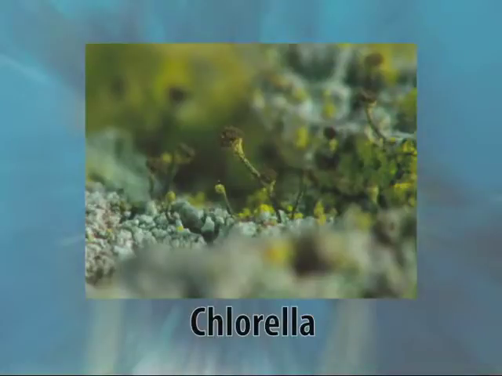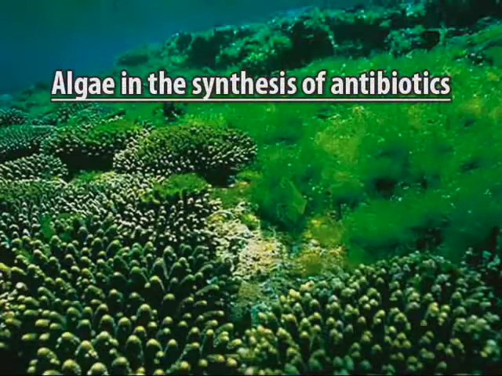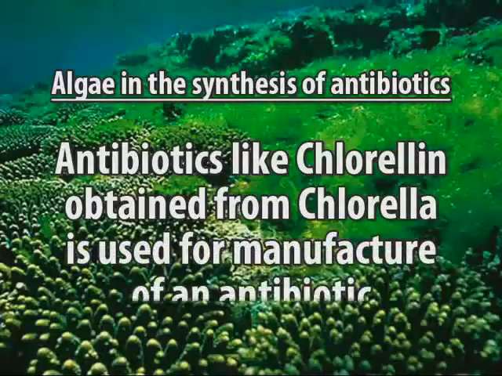There are certain antibiotics like chlorellin, obtained from an alga known as Chlorella, which is used for manufacture of an antibiotic which can help us protect plants against certain pathogens. That means we are using a plant product as a remedial measure against the pathogens, wherein we do not have to synthesize it but subject the selected alga to an extraction process, and after extraction use that as an antipathogenic material, so that this antibiotic is useful in protecting different commercially cultivated plants against the invasion or infection caused